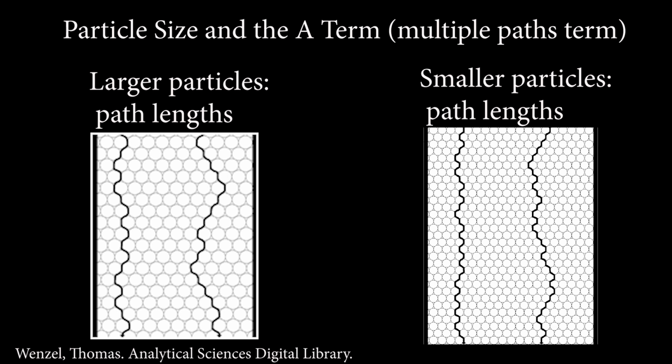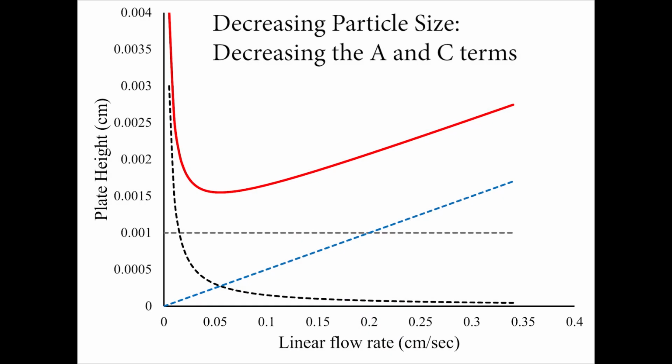However, the pressure that you have to apply to run the instrument with smaller particles gets bigger and bigger. That means you have to have a fancier instrument and you have to buy fancier fittings, and that gets more expensive. So here's our friend, the Van Deemter curve, and let's look at a simulation of what happens when